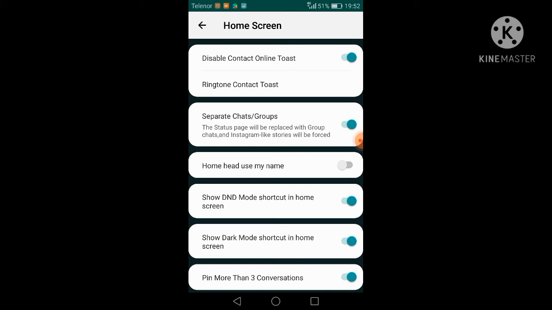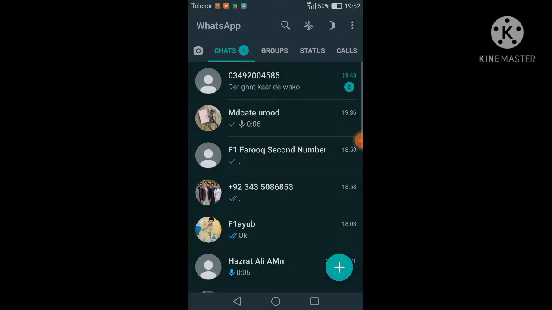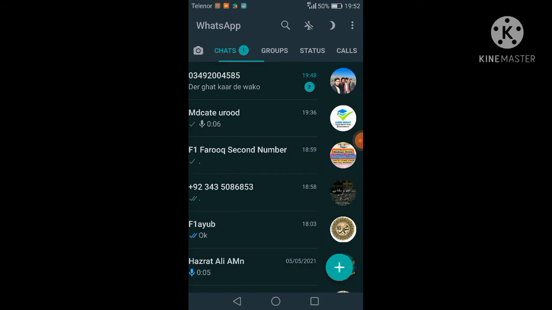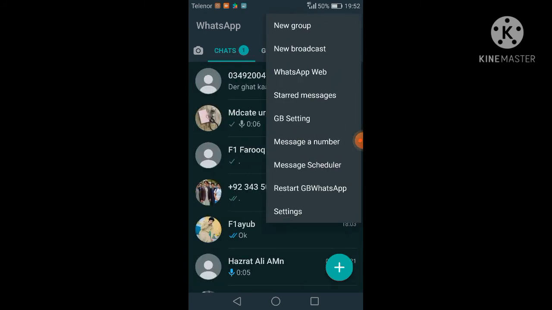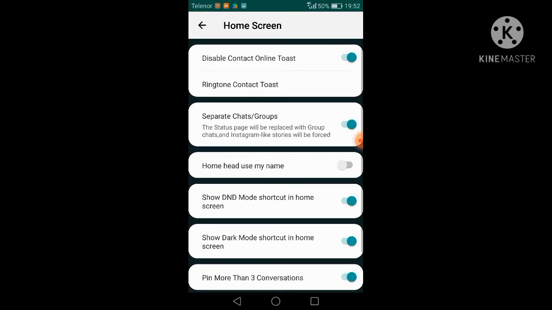Okay, and the ringtone context, separate chats and group. If you turn on this option, then the chat and the group are separate: this is the chat and this is the group. In GB setting, click on the home screen and see how to separate chats and groups.